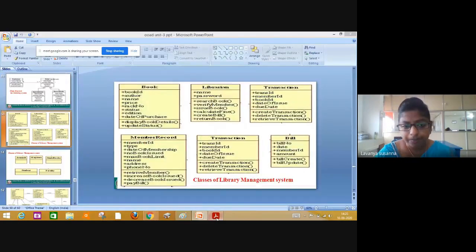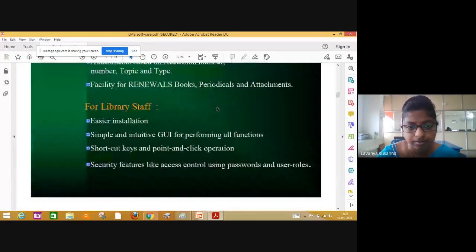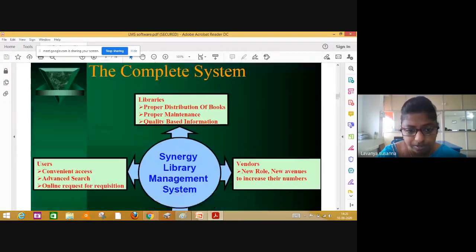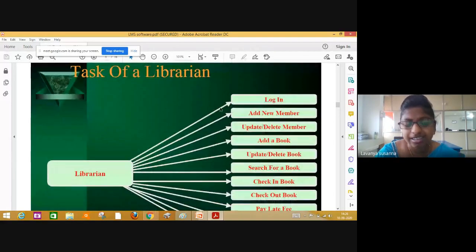It is a software where user, librarian, and faculty can log into the system. User means student. All the books available in the system will be displayed.